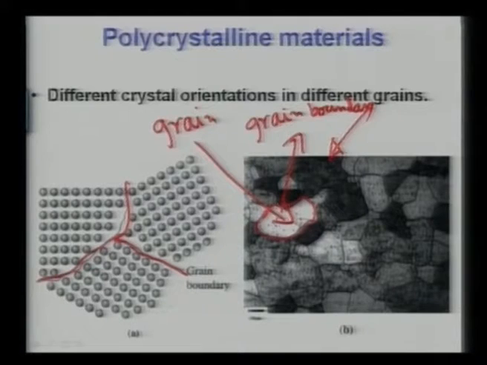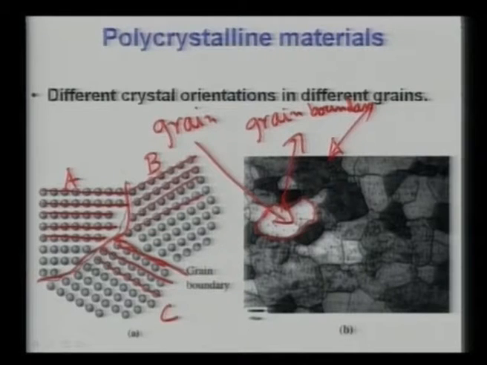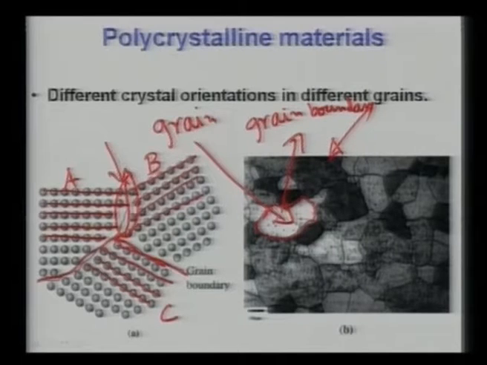the way I am sketching it here, and this is inside, this is part of a grain. So in each grain the lattice planes are there, and along these lattice planes atoms are arranged in a particular orientation. From grain A to grain B, you see that the orientation of the atoms also changes. When you go from grain B to grain C, again across the grain boundary the orientation of the atoms is changing. Essentially, the grain boundary is the area where the orientation of the atomic planes changes from a particular orientation to a completely different orientation. So grain boundary is the area of higher disordered region.